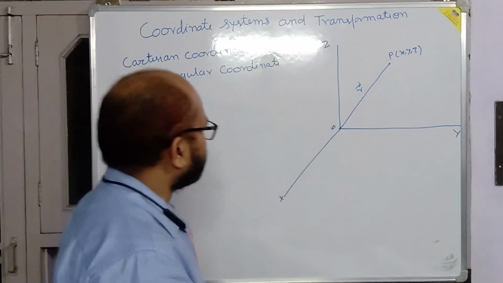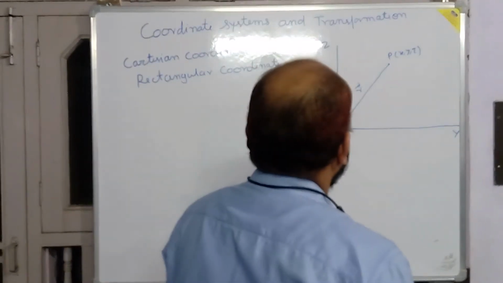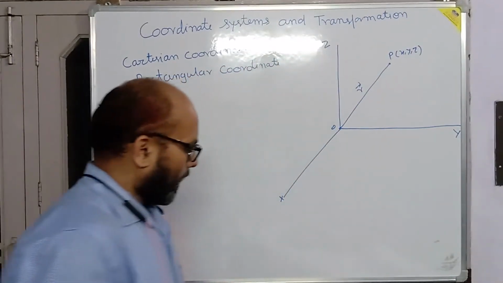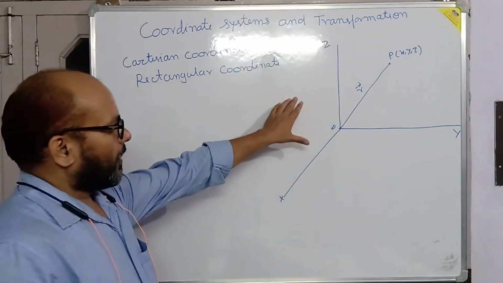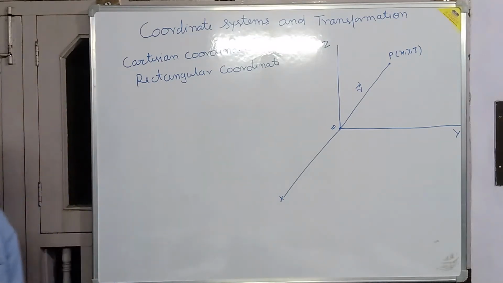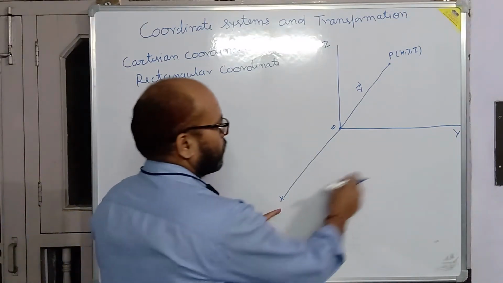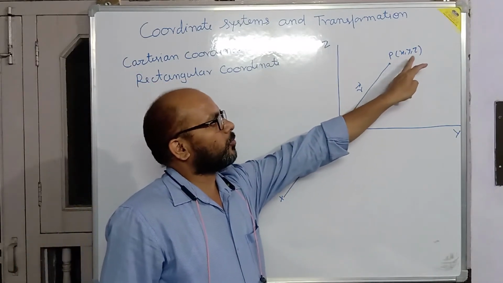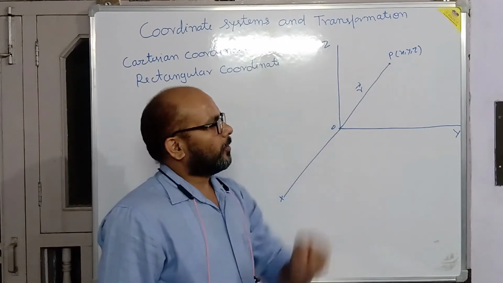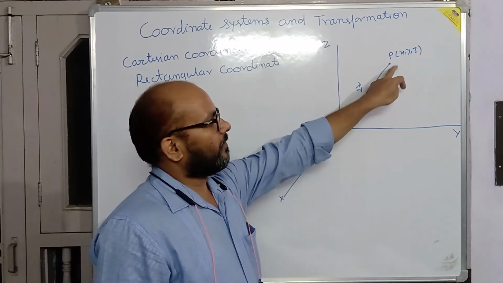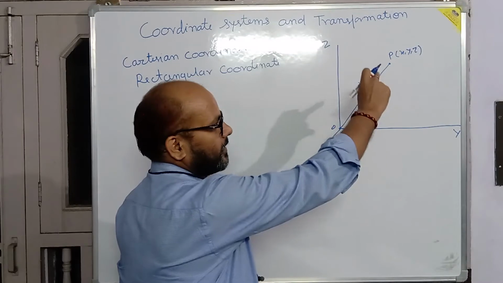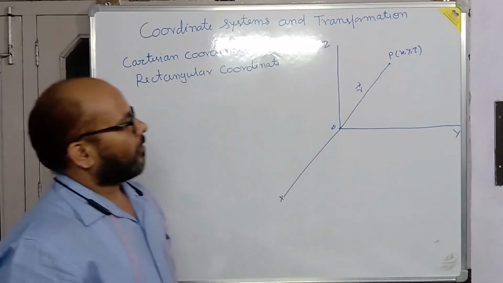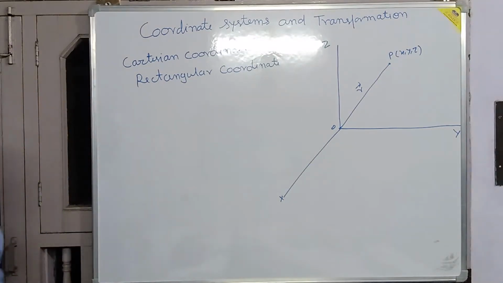So here look at this diagram. Here OX, OY and OZ, right, are three mutually perpendicular lines taken as the x-axis, y-axis and z-axis. Here P is the point with coordinates x, y, z. So here x is the distance of P from the x-axis, y is the distance of P from the y-axis and z is the distance of P from the z-axis, right?